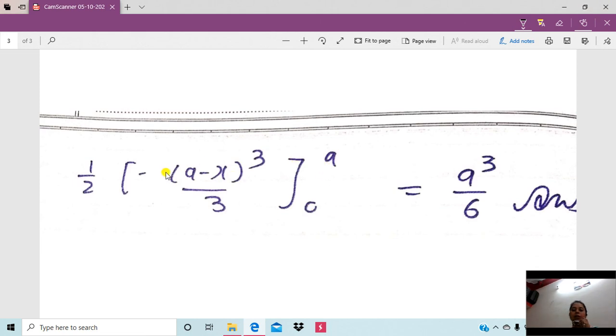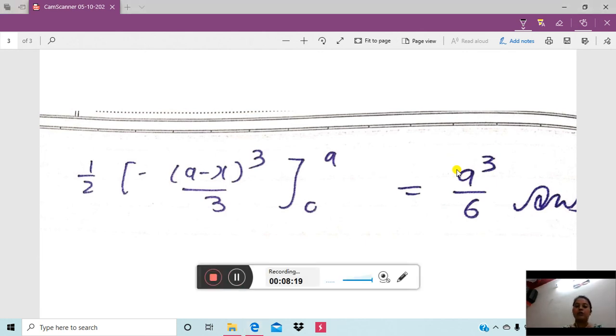And if we apply upper limit minus lower limit, the upper limit gives 0, and if we apply the lower limit, putting 0 in place of x, it will be a cube by 3 into 1 by 2. Since it is a volume, its unit will be cubic units. So the final volume is a cube by 6 cubic units. So this is how to find volume using